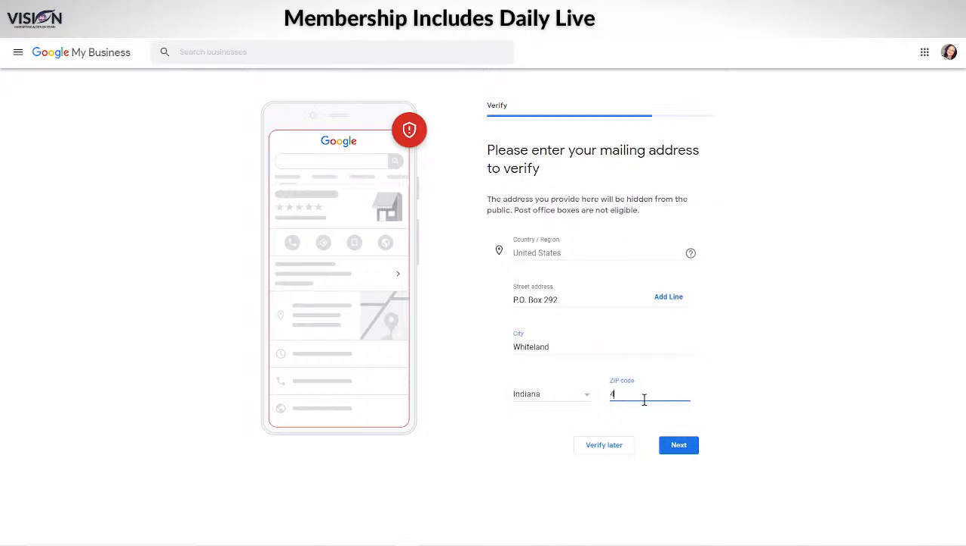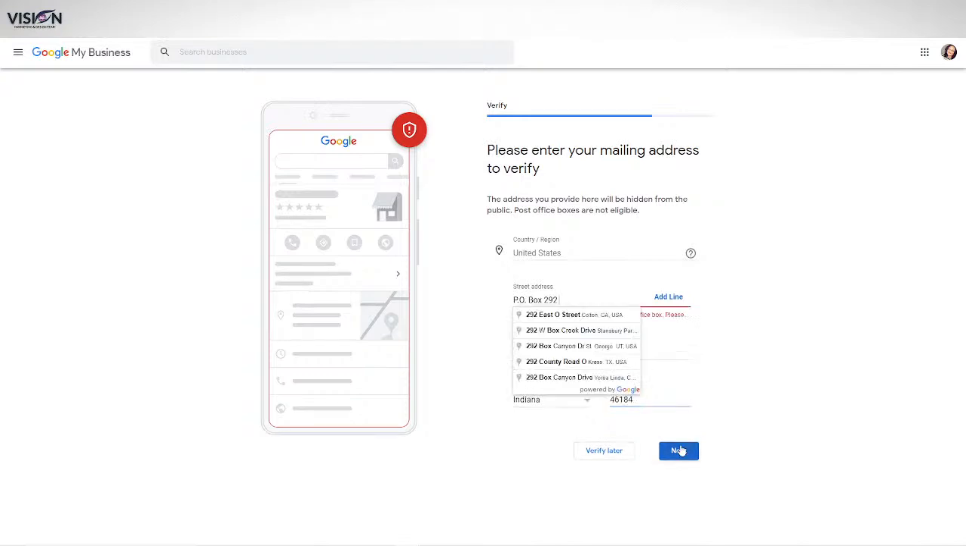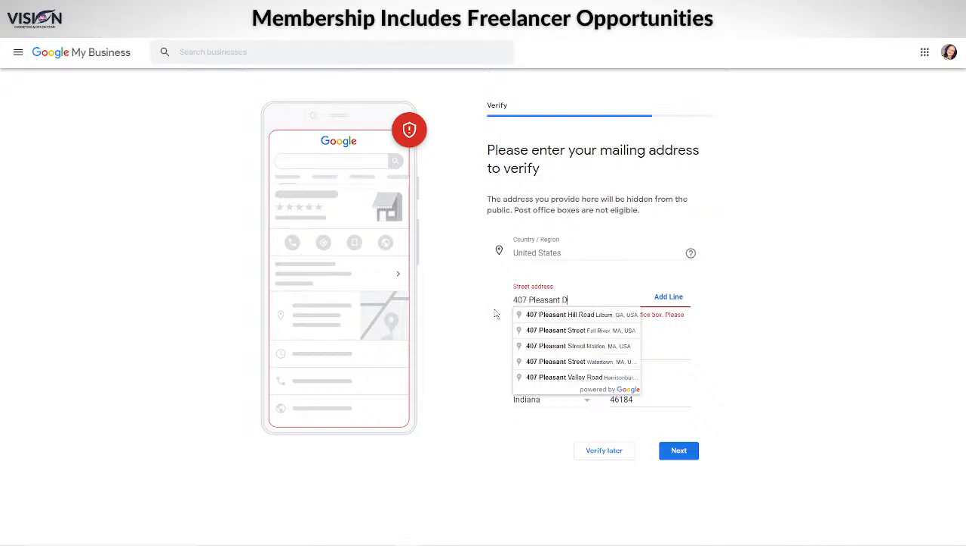All right, so I'm going to just type in my P.O. box and then I'm going to click next. Okay, and it says it does have to be a street address, so apparently you can't do that. So I'll type this one here, Pleasant Drive,